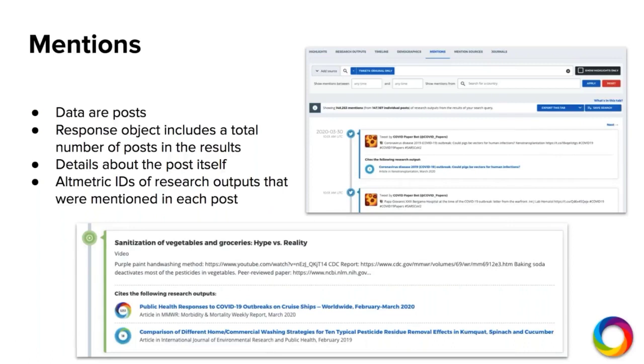The response object in the mentions endpoint includes summary information. So all the endpoints have some summary information at the top. In this case, that's the total number of posts in the results. And you also get details about the post itself and the information about the publication records that are mentioned in